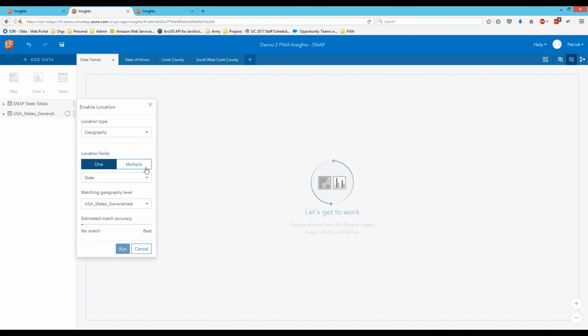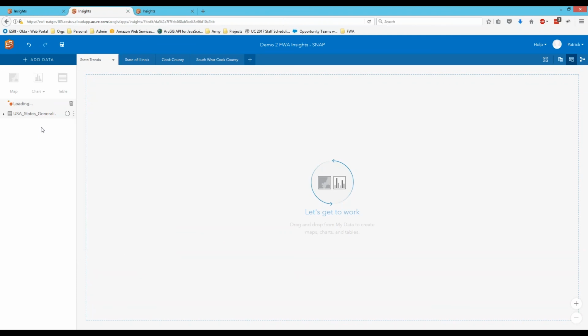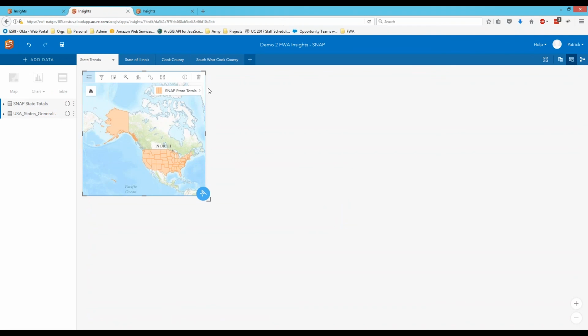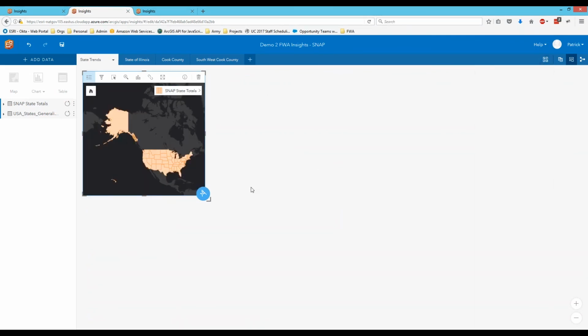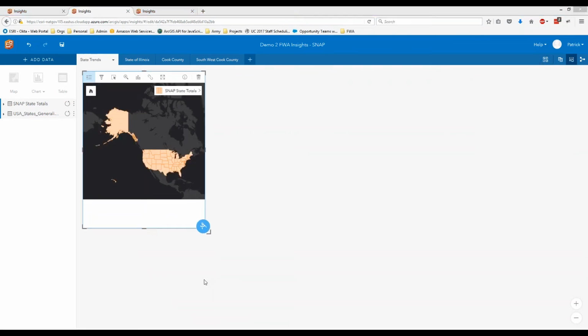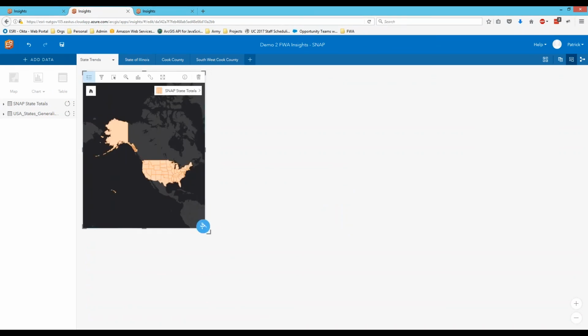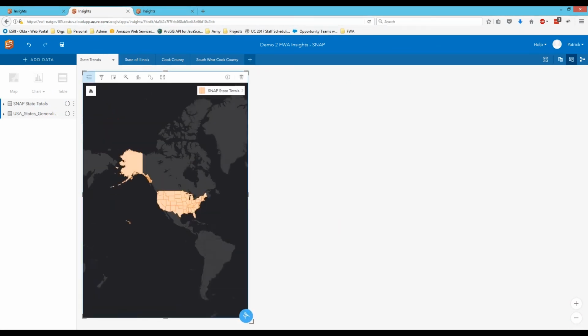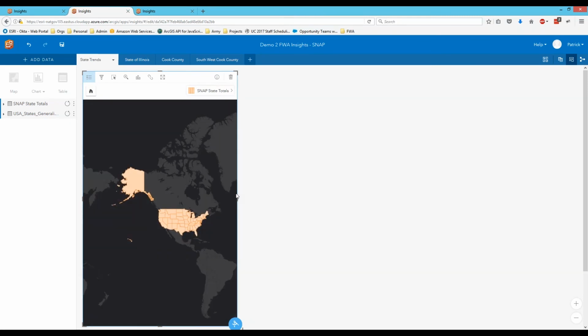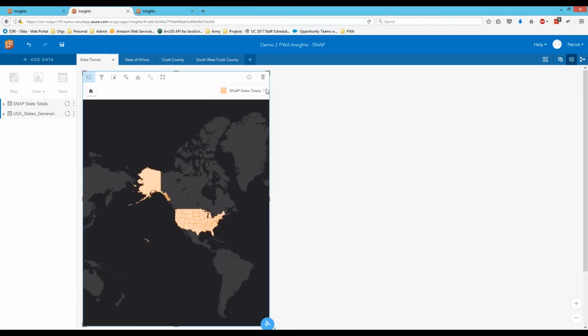And I'm going to use a geography. Using a geography, we'll take the state names and append them to our Living Atlas layer that we have here. And now I'm going to run this analysis. And now I can add this spreadsheet into a new map. So I'm going to blow this up for everybody. Now we have spatially enabled this new spreadsheet that I've received,